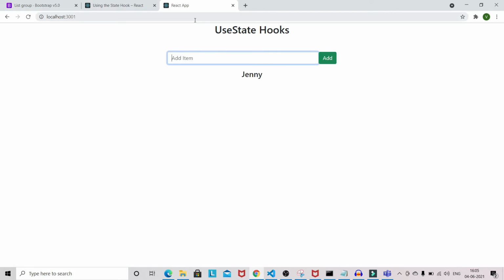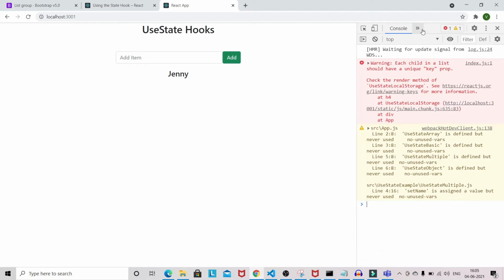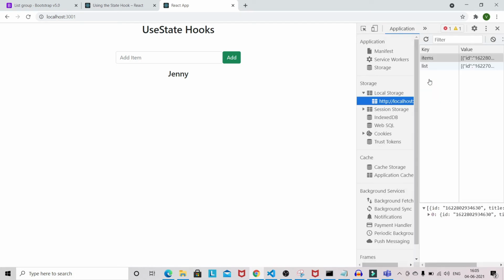Now reload the browser. As you can see, we are able to persist the data even after reloading the page, and you can see it in the application tab.